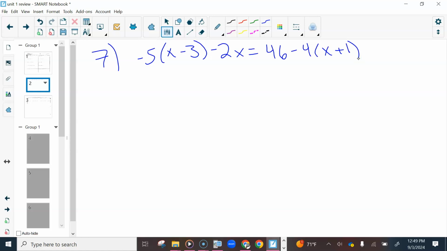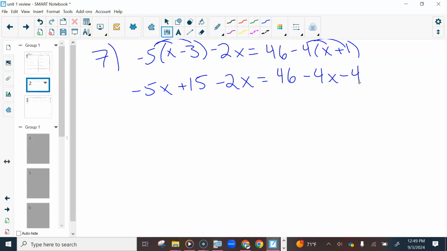What would be our first step? Distribute using the parentheses, the number outside, yes. So distribute the negative 5 and distribute the negative 4. So we get negative 5x. Be careful with your negatives. That would make a positive 15. And then 46 minus 4x minus 4. And then after that,